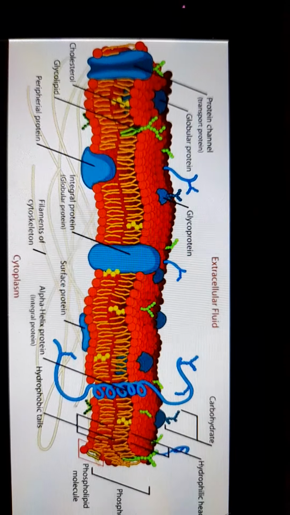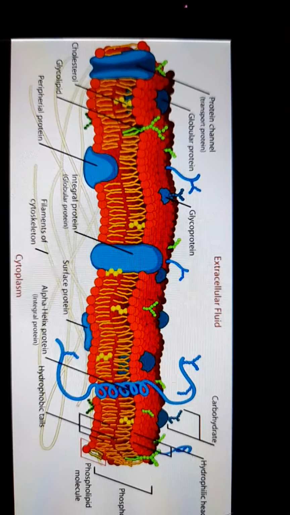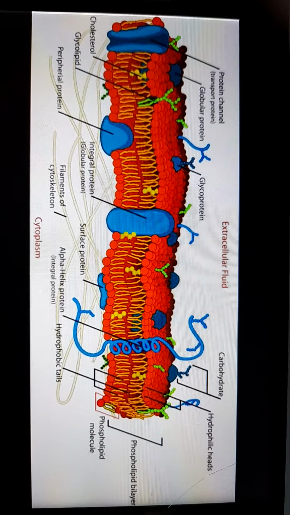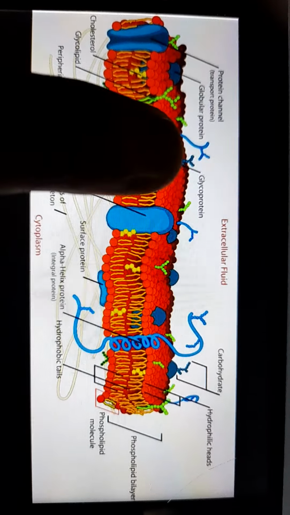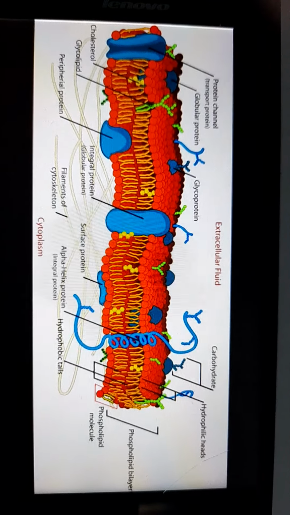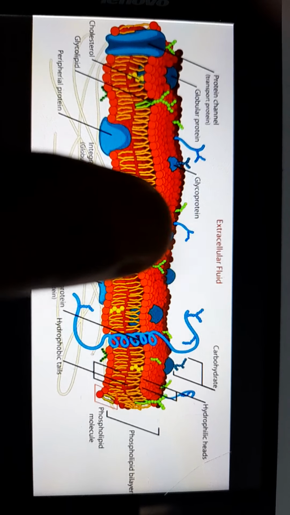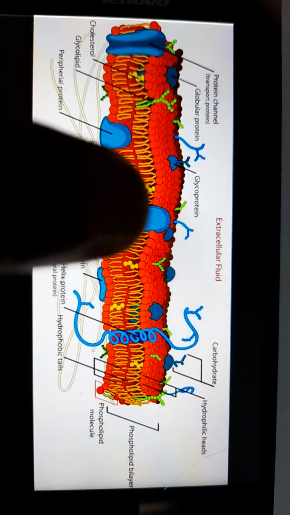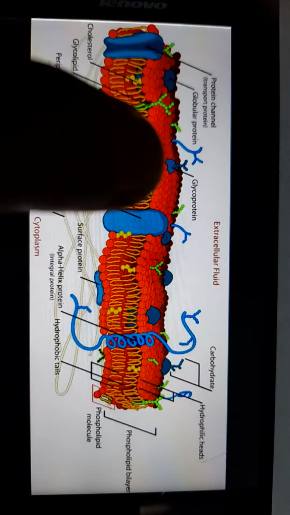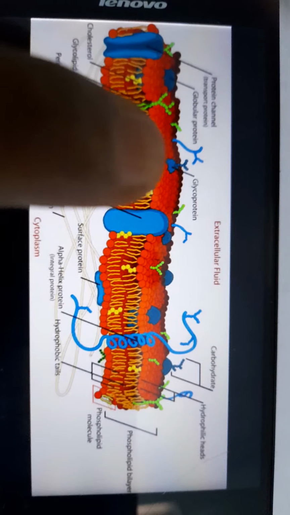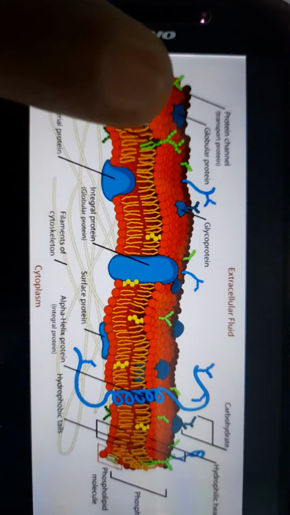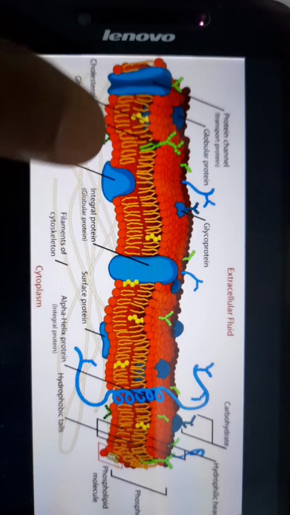Carbohydrates are attached to lipid molecules as well as protein molecules. Glycoproteins are attached to peripheral proteins or extrinsic proteins, and to the projected parts of integral proteins also. There are intrinsic proteins which are projected. Here, chains of sugars are attached to the intrinsic proteins. Glycolipids are attached directly to the heads of the lipid molecules.